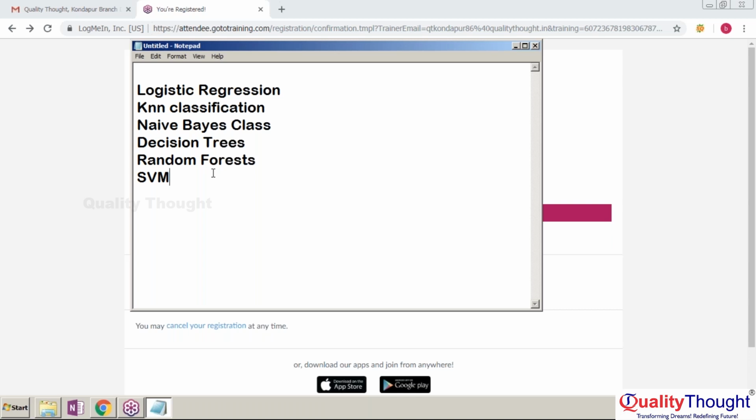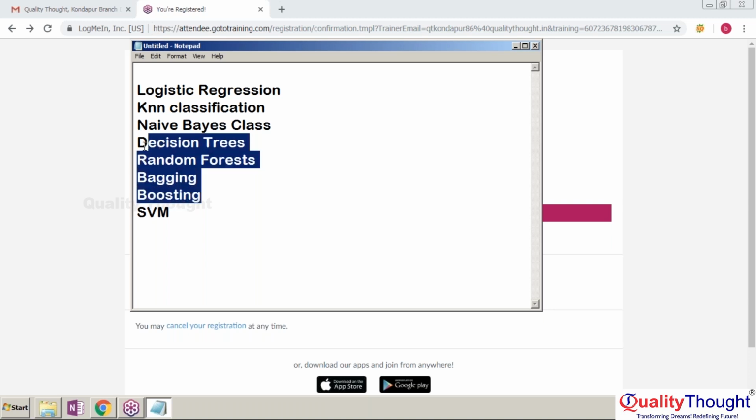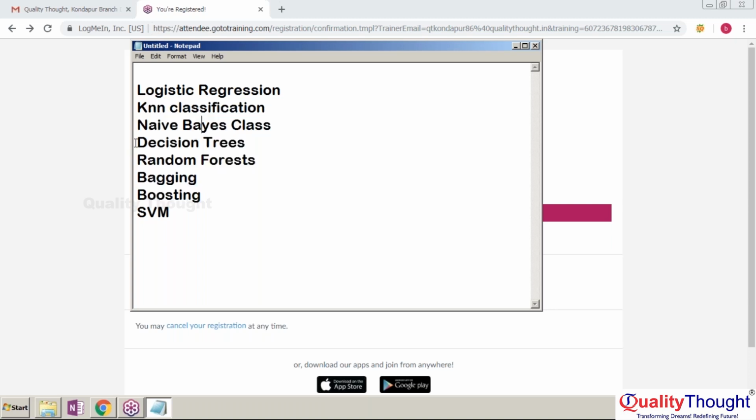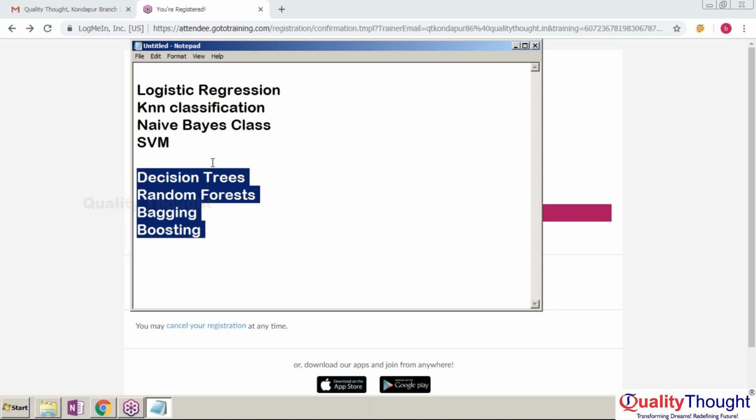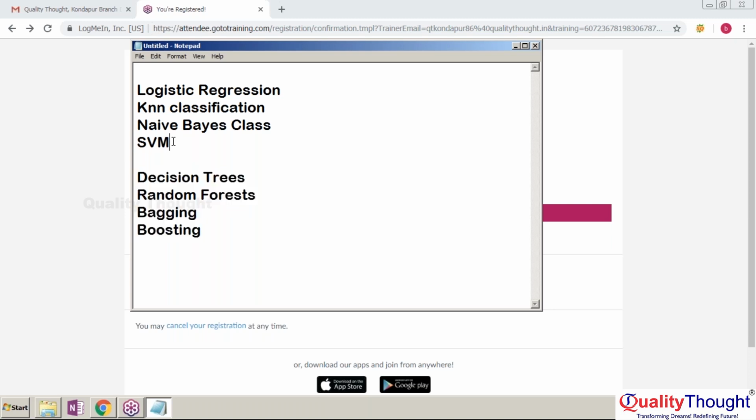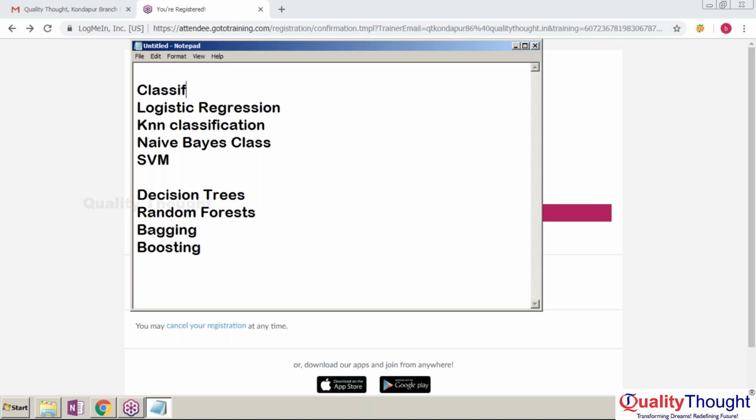Okay, as a part of this, but before I'm going to discuss something about this one, see that these decision trees, random forests, bagging, and boosting will come under a different segment. So I'm just making two different segments. What I will do, I'll first cover these four, and then I will go ahead for these four. Okay. So before I'm going to cover something on these particular classification models,